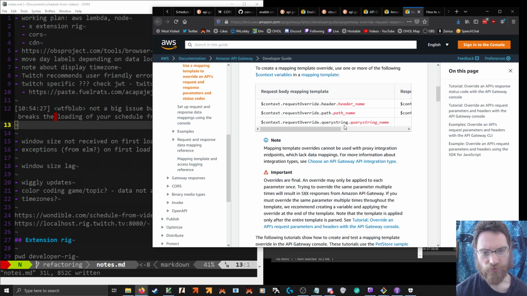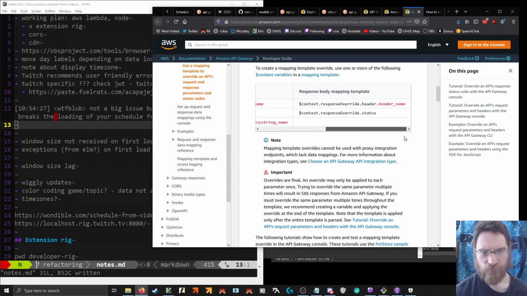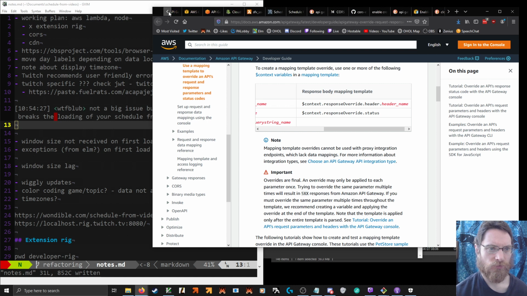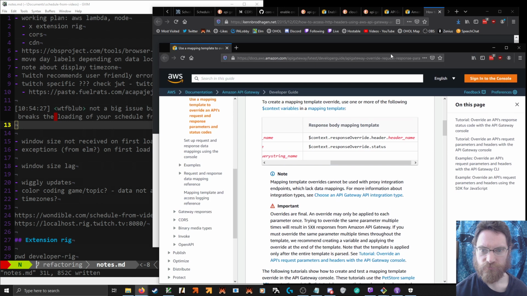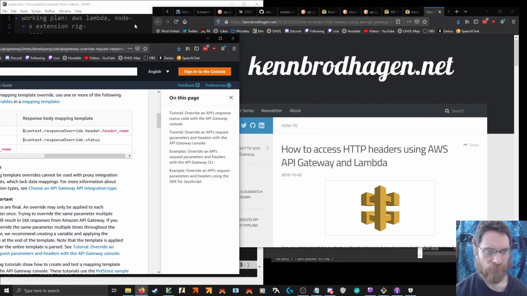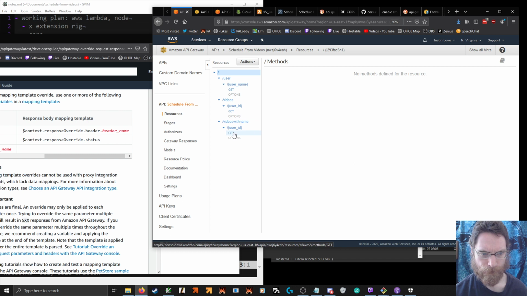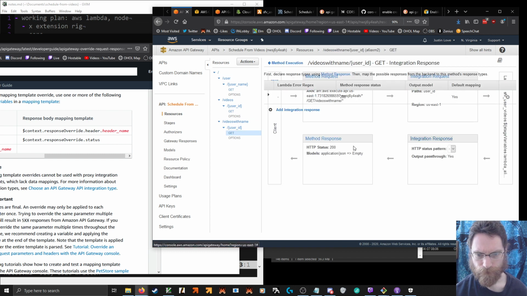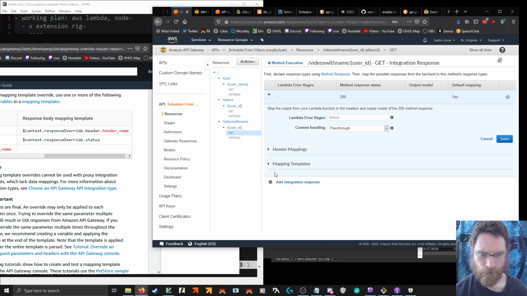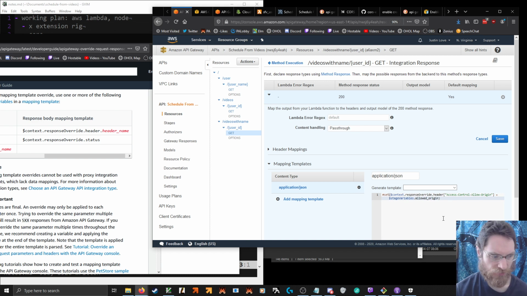Request override dot header, which is what we're doing. Oh, geez. Context dot response override dot header.